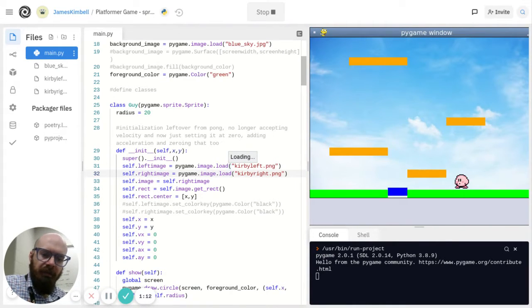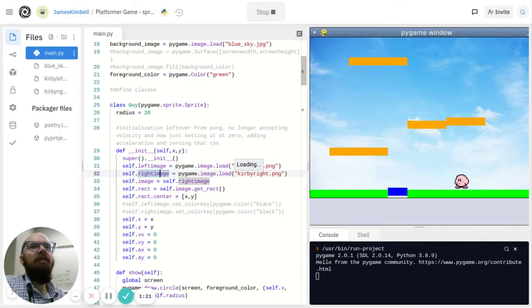But what I'm saying is you want to load them both at the beginning. You don't want to say, oh, if you turn left, then load that image and display it, because that would mean every time they push the left button, it's going to load that image into its memory, and you don't want that. You want to load it once and just say, hey, we're using it. Now we're using the other guy. Now we're using it again. So you want to load the stuff at the beginning,